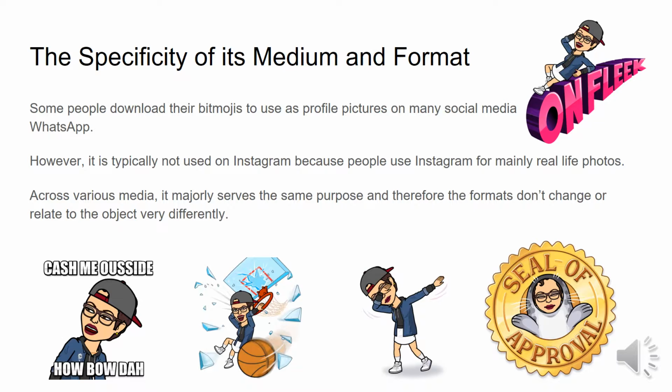Some people also like to use their Bitmojis as profile pictures on some platforms like WhatsApp. Some other people just like to post it to their Snapchat stories to express how they feel or to emphasize the content of their posts. And like I said earlier, it plays typically the same role across different media and doesn't alter anything. But it helps individuals communicate easily, pass messages across without any misinterpretation, and at the same time, it does all of these in more fun ways than regular emojis will.